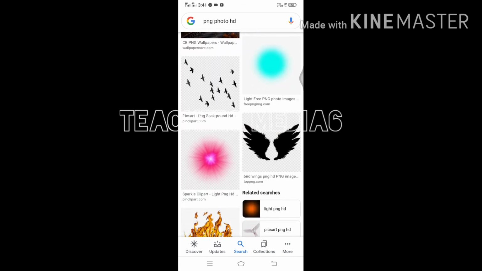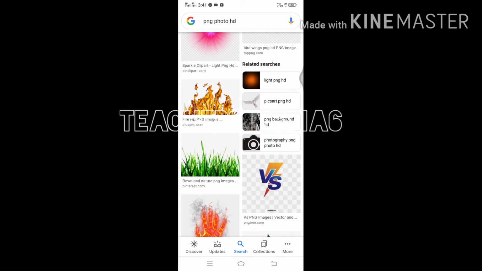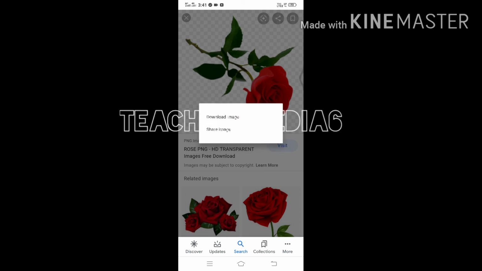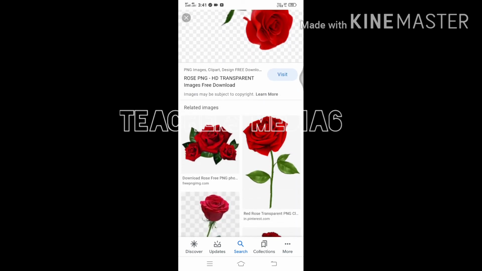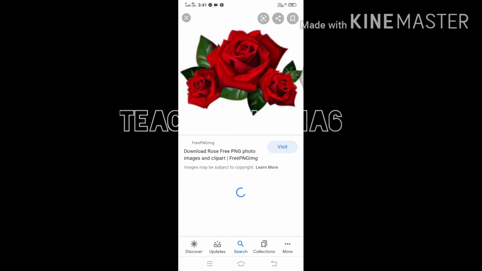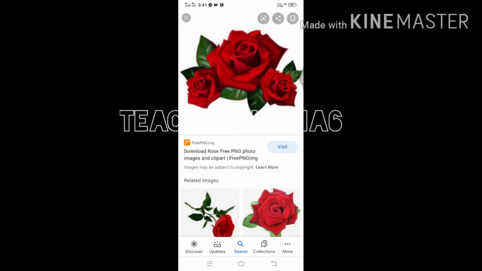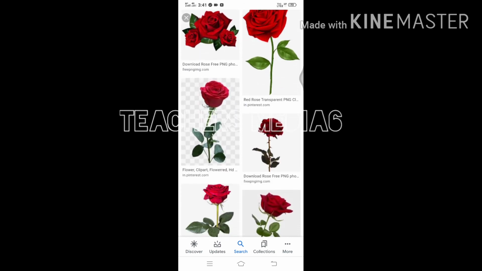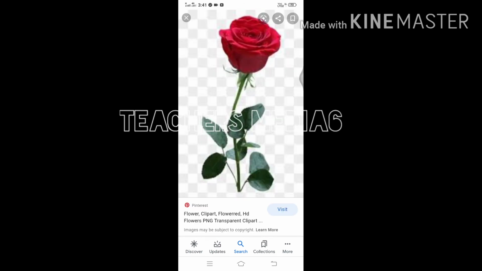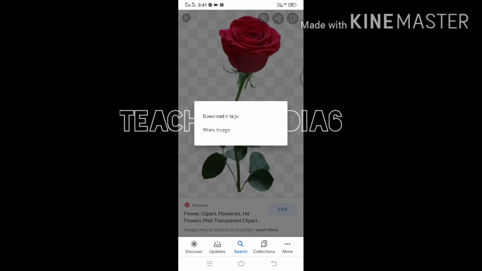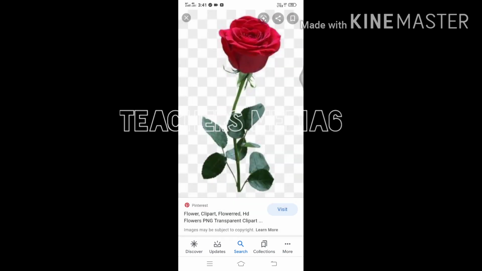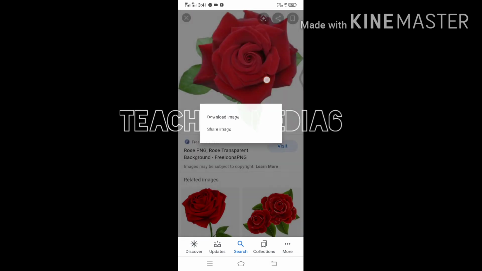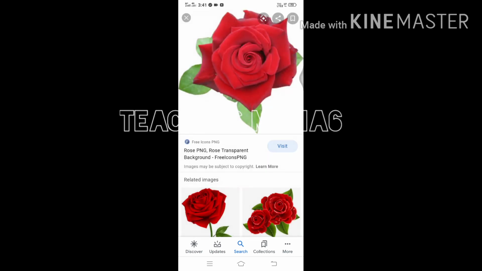There are so many things available now. There are many flowers, especially rose flowers. For animation purposes, we use these flowers, and when we make a fountain, the flowers will be flowing out. This rose flower is very attractive, and this PNG image is very popular. It is a very good, attractive flower. Like that, download the image.